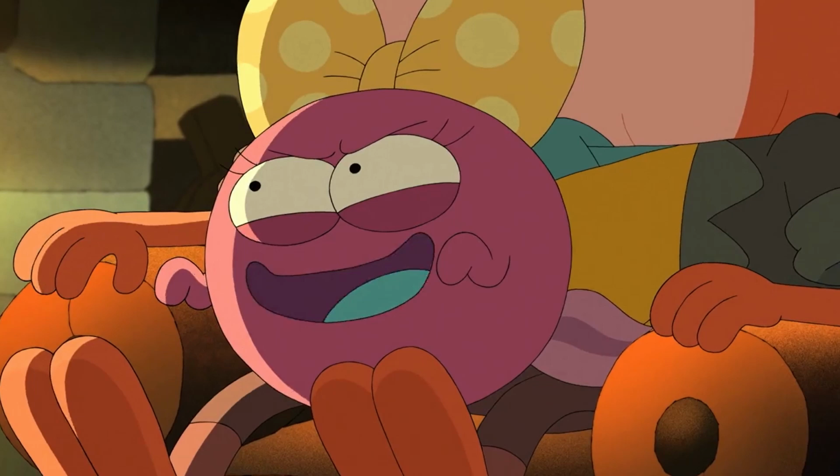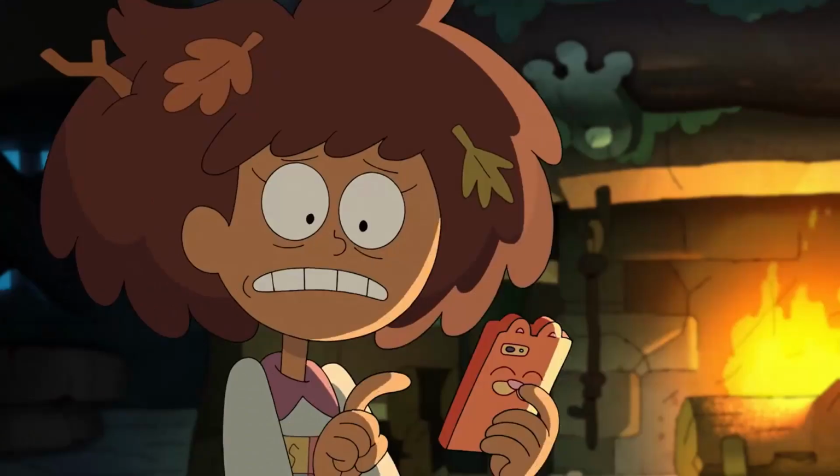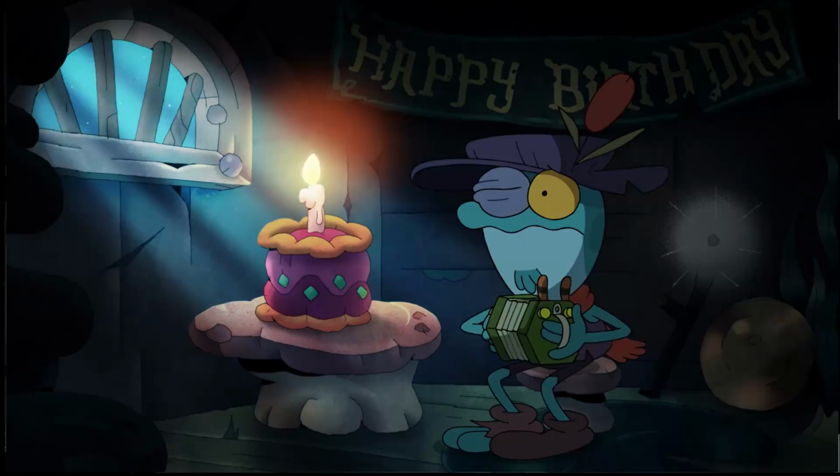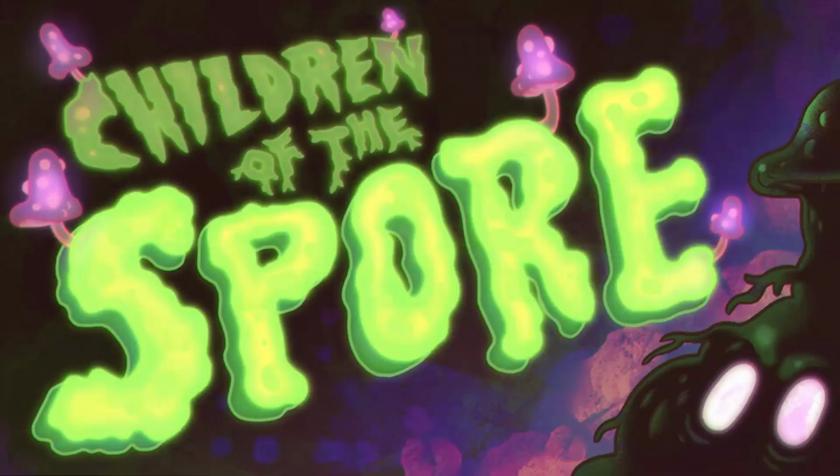Kind of similar to what we're going through in real life, honestly, so a little bit of a parallel there, I suppose, just coincidental that the episode's airing in such a time that we're living in right now with all of the events going on. But basically we get to see that, and then we get to go to Polly's second story that she attempts, Children of the Spore, but once again, they close it off because they're like, we've already heard this story, and then we transition to Hot Pop's story, which is called Dead End, and it